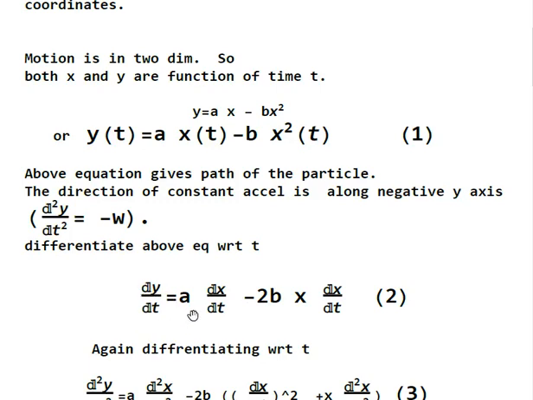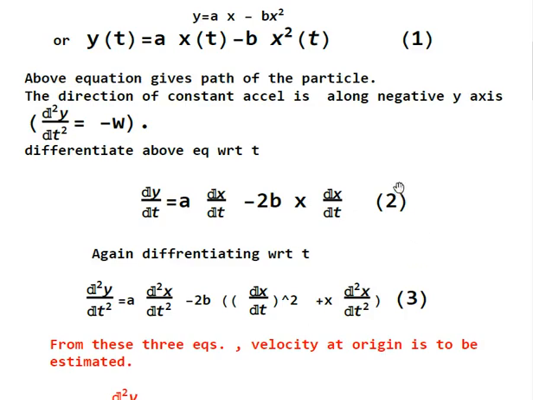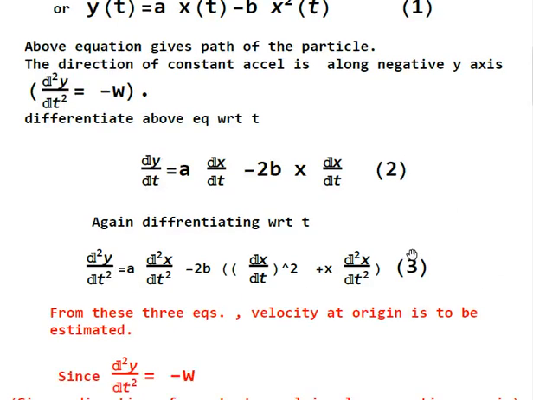Again differentiate equation 2. It gives the acceleration along y-axis. d²y/dt² = a d²x/dt² - 2b times the derivative of x dx/dt. 2b is a constant, so we have to differentiate x into dx/dt. x into dx/dt का differentiation होगा (dx/dt)² + x d²x/dt². This is the equation number 3. From these 3 equations, one is the path of the particle, this is the velocity along y-axis, and this is the acceleration along y-axis. इन 3 equations से हमें velocity at the origin estimate करना है।